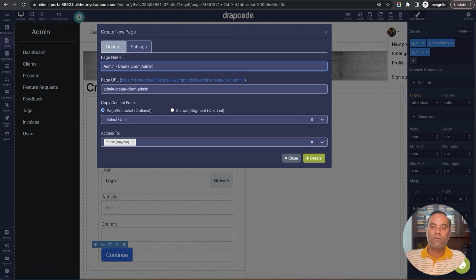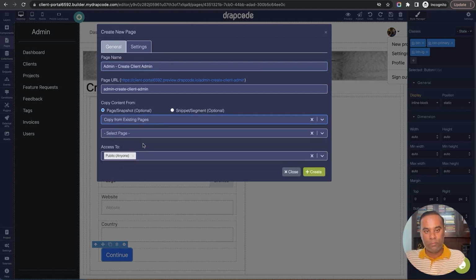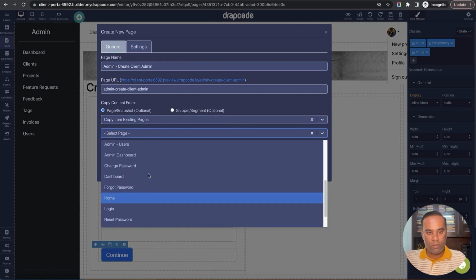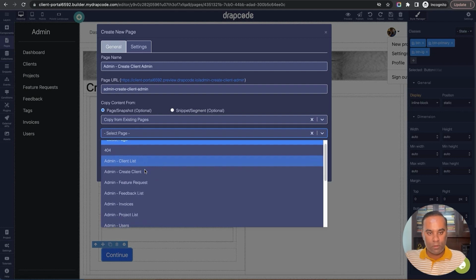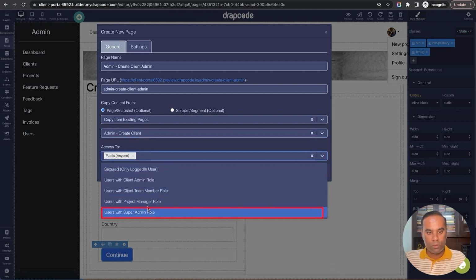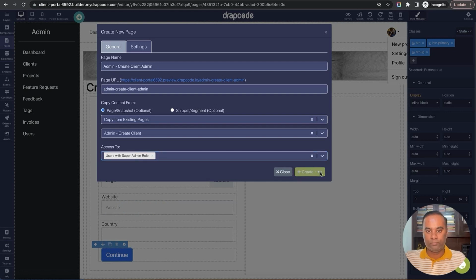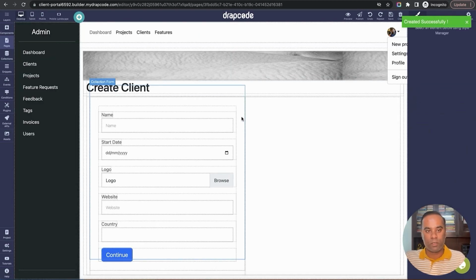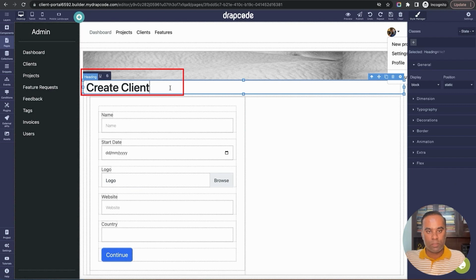Here we are basically creating an admin or the team member who will be the first user of that client. So I'll copy from this page only. I'll just change the form. So we are creating the client and then we are creating an owner of that particular client, basically the very first team member of that client. So I'll say create client